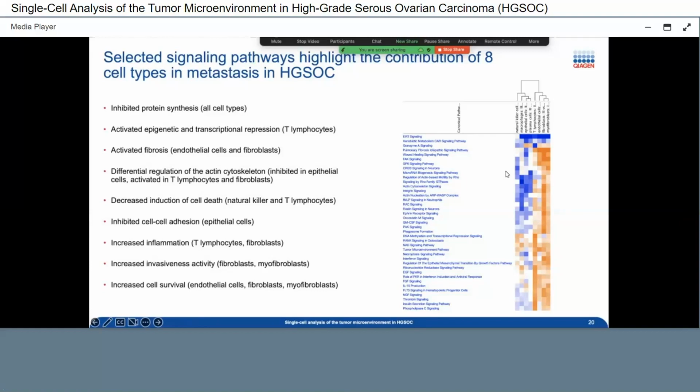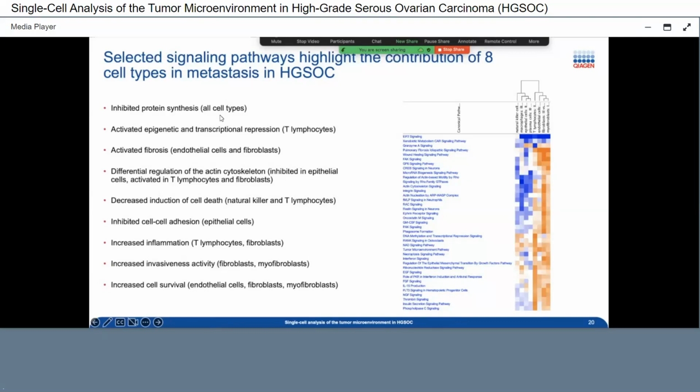So based on the genes that are overlapping that particular pathways of interest that you see in that list on the left here, we can predict if that pathway is turned on or turned off. So I wanted to summarize, because it could be a little bit overwhelming here, by bullet point. What's going on in that particular tumor microenvironment?